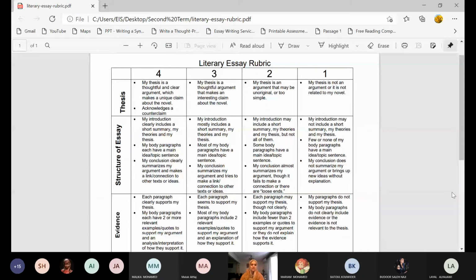Structure of the essay. As we've just said, in the introduction, a hook. After the hook, the author's name, the title of the work, a background, then a thesis. It clearly includes a short summary in the introduction, and the title and the author. Okay, then I go to the body. The body paragraphs: each body should have a main topic. So I will talk about